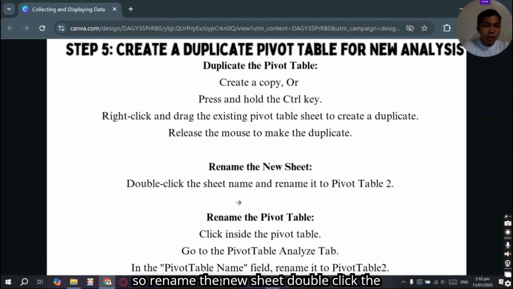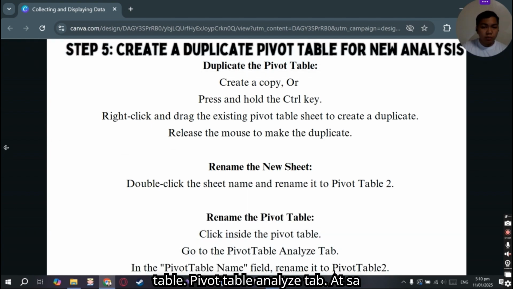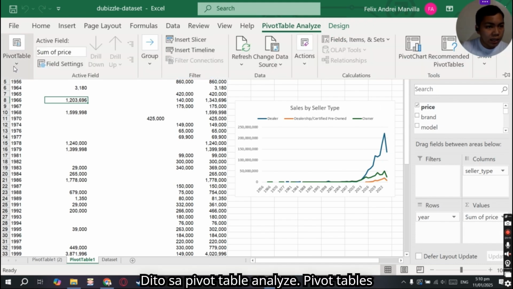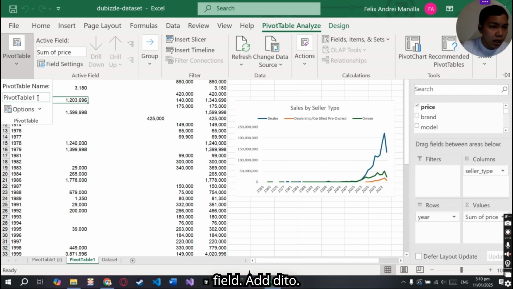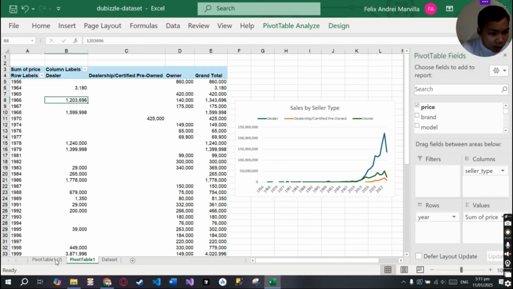So, rename the new sheet. Double-click the sheet name and rename it to pivot table 2 at i-rename na ang pivot table sa pamamagitan ng pag-click sa pivot table analyze tab at sa pivot table name field. I-rename natin siyang pivot table 2. Ngayon, ito na yung bagong name ng copy na to.